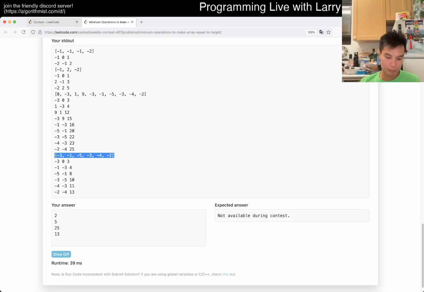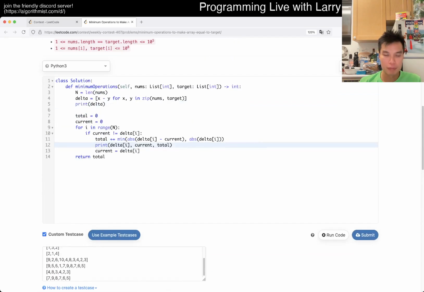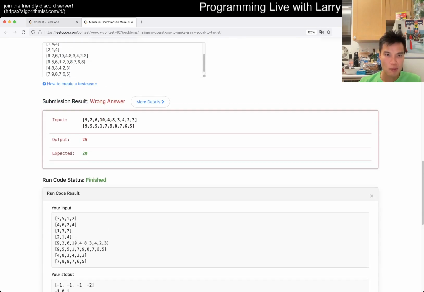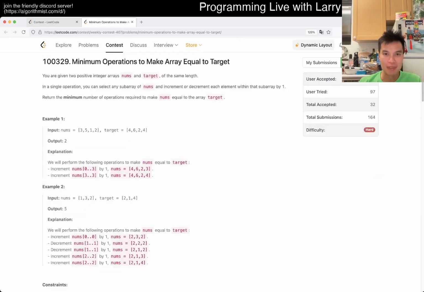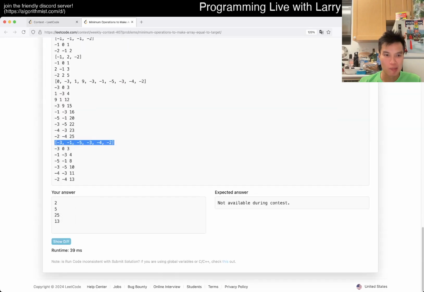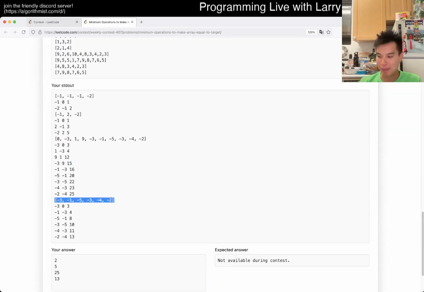Right? 3 plus 2, yeah, that seems right. Okay, so that means that my idea is just really wrong. Which, I wasn't really confident about. That just looked too weird. But a lot of people are getting this one though. I don't know what I'm missing. I mean, it's an 8-pointer, but